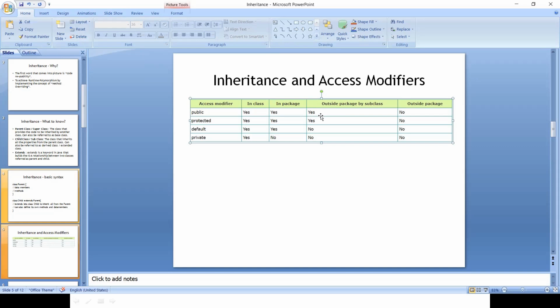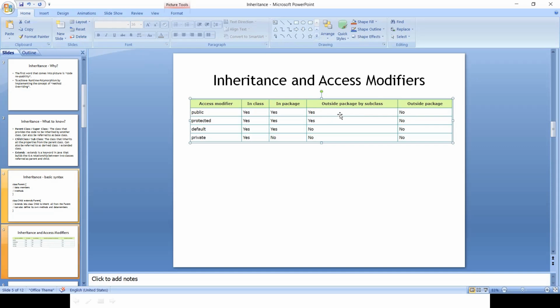Since the Database class access modifier is public, my Student class, being in a different package, can still access the Database class. But outside the package without a subclass, no.